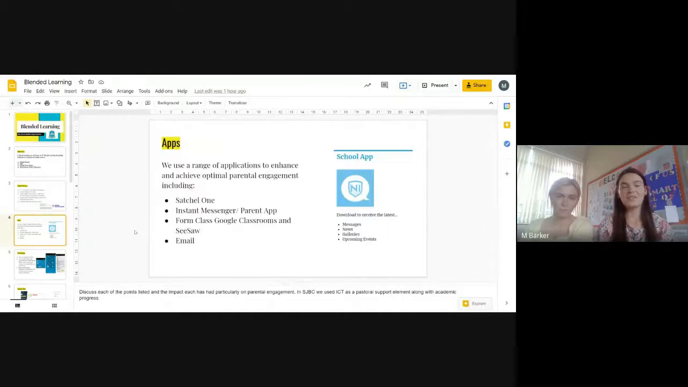So I'm going to focus on the different apps that we use throughout our school. As Marion previously mentioned, we are an ICT excellence school. So we do use ICT in our daily lives, and it's also important that we use them further in the classroom. So we use a range of applications to enhance and achieve optimal parental engagement, including